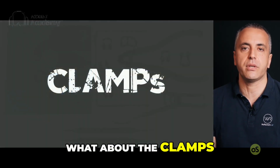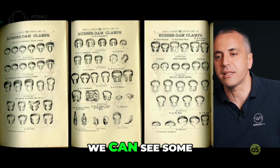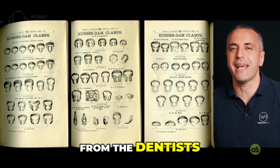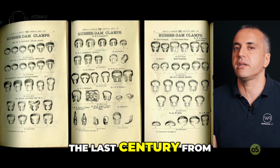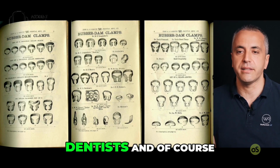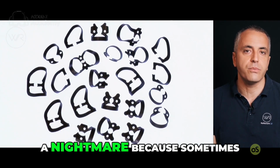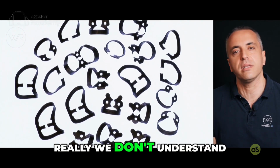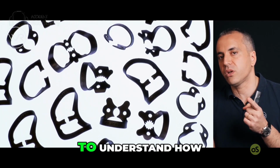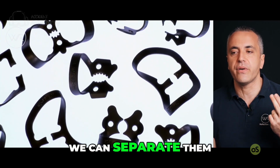What about the clamps? Clamps can be a nightmare, and were also a nightmare in the past. We can see some wonderful selection and inventions from the big dentists from the last century, from Elliot and others, Alan Plain and other wonderful dentists. And of course it seems a nightmare, and I can tell you that this is a nightmare, because sometimes really we don't understand what to use, and we have absolutely to simplify. But in order to simplify, we have to understand how the clamps are made. We can separate them, think about